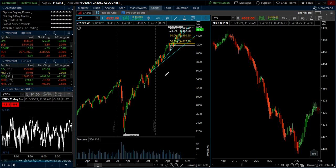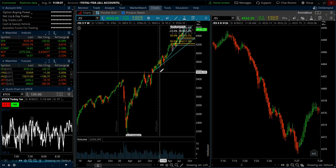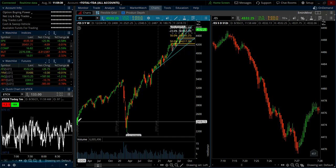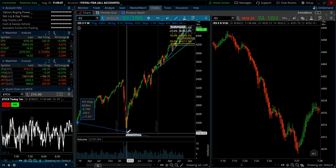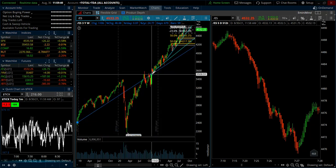I wanted to start off by looking at the larger time frame, and because we've run up so far off of April of last year, March of last year, if you go to a weekly chart, you can draw a line through what was the trend, and then we had the drop from COVID of last year, and now we're on the other side of that trend line. It's about a 45-degree angle, and now we're above that trend line. So as we project forward, a pullback to something like the 4,200 level would still be in line with